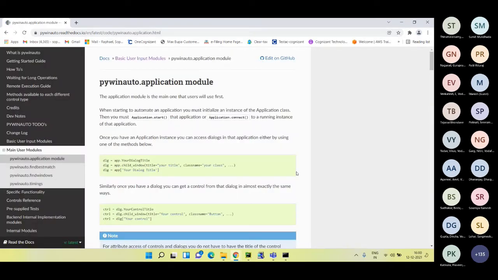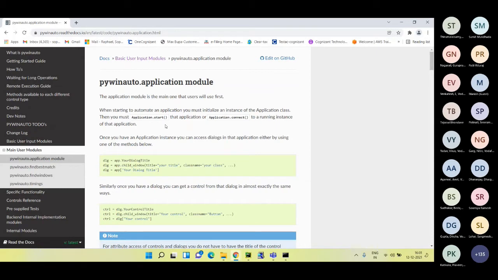Just to give a high level idea of what we'll be doing further, this is how we basically start. We need to have an application which will be starting at the beginning of our code. In the start we'll be mentioning the exe file of that application which we'll be running. For example, Notepad is integrated with Pywin Auto for demo purposes. But if you need an Excel, PowerPoint, Outlook, or whichever application you want to open, that application's exe should be mentioned inside the start.